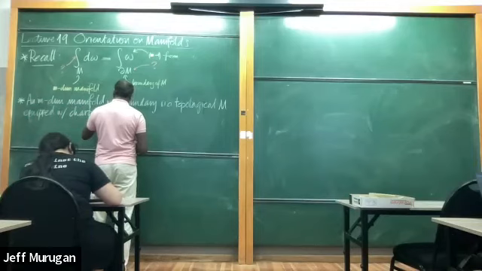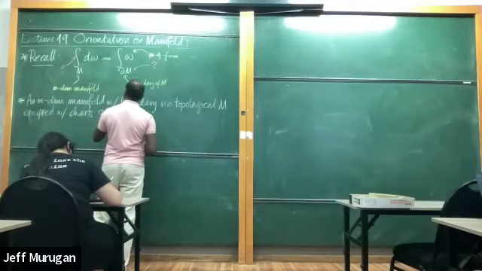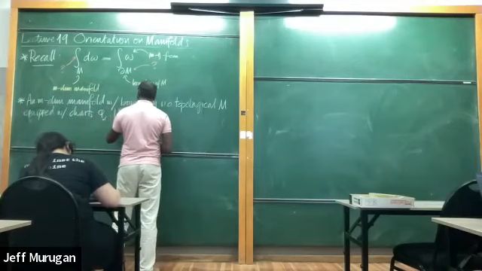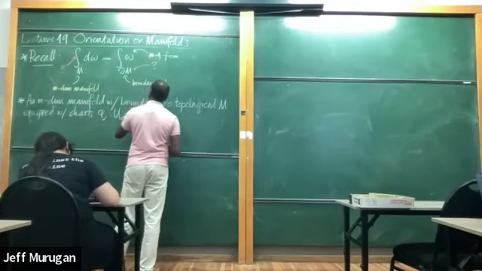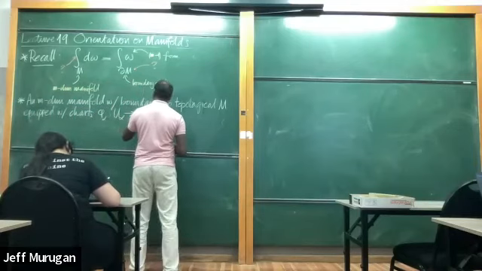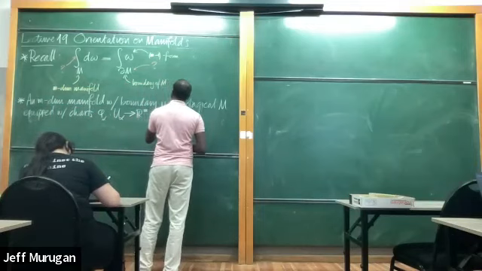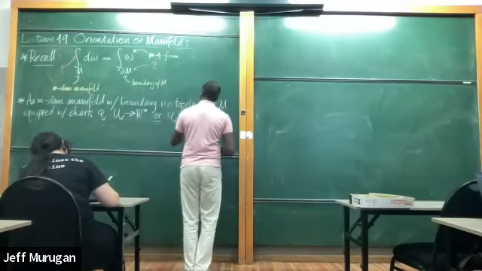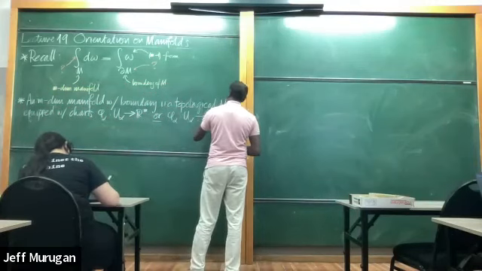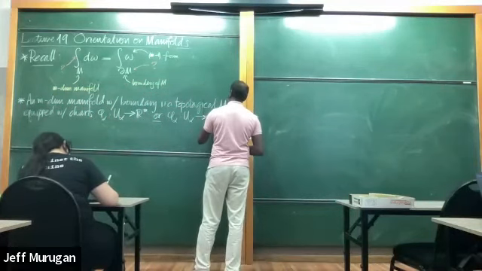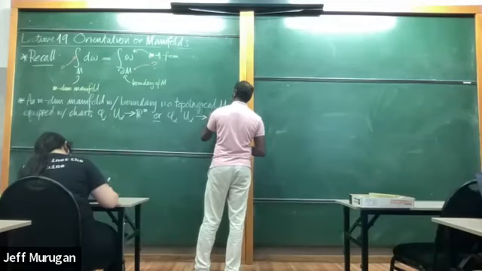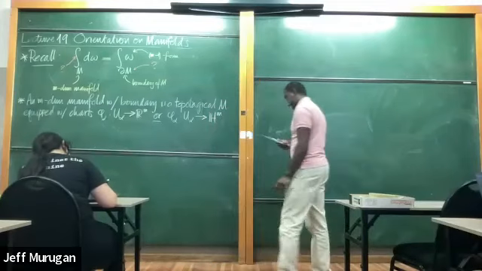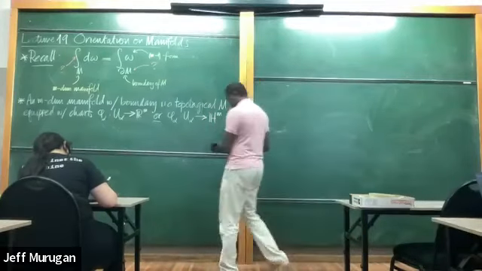Let's say phi alpha takes U alpha to R^n, or phi alpha takes U alpha to H^n, where